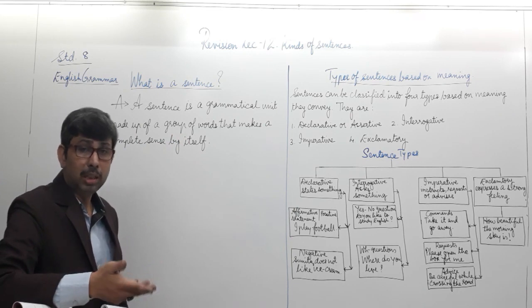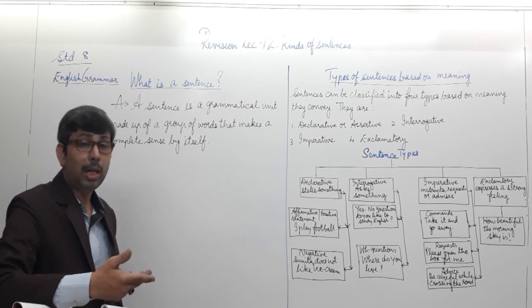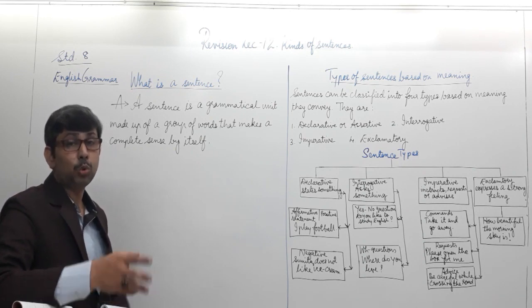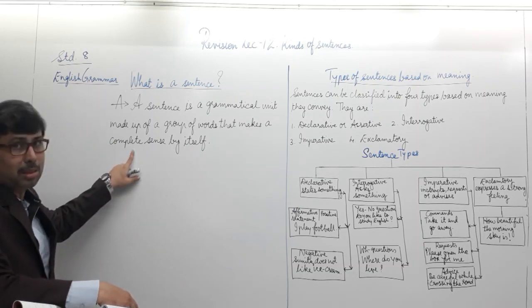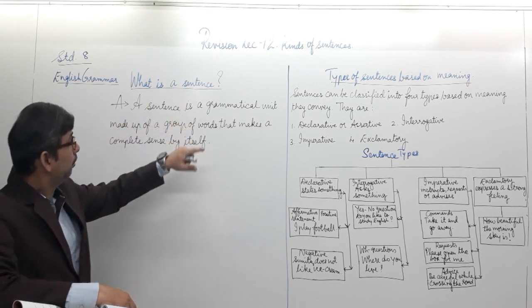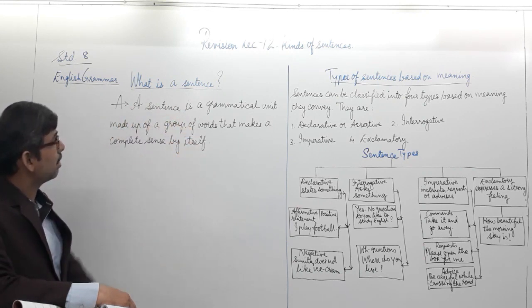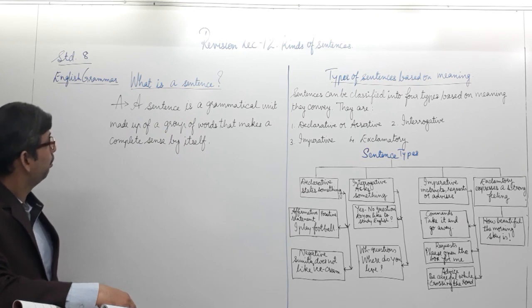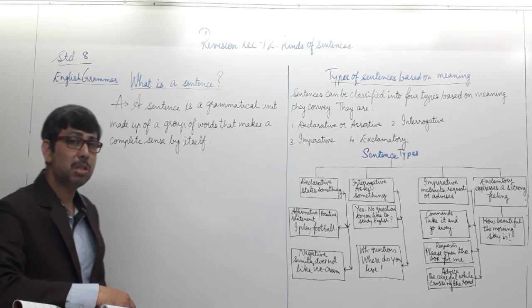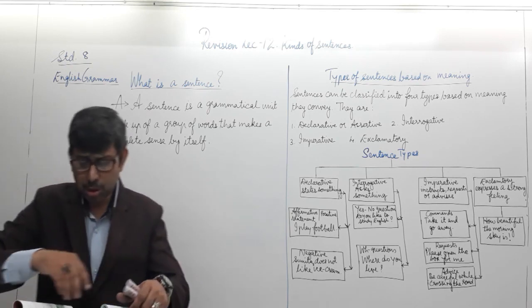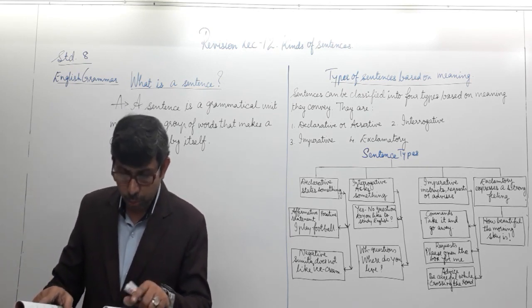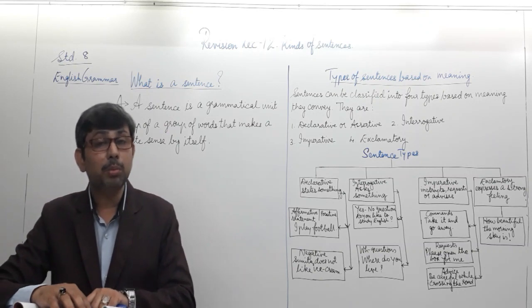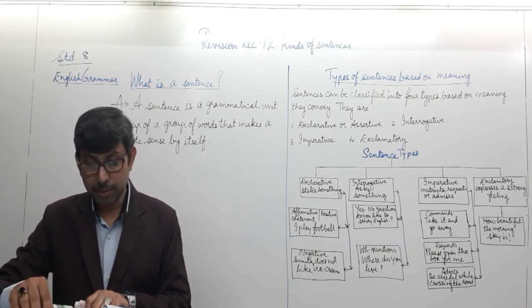A word may be a determiner, a word may be an auxiliary verb, the verb may be a main verb or an adjective or an adverb. All the different parts of speech together form a sentence which makes a complete sense by itself. Therefore, it will be right to define sentence in this manner: a sentence is a grammatical unit made up of a group of words that makes a complete sense by itself. This was the most basic and common thing that each and every grammar learner should know. Moving ahead to the concept that we are supposed to revise from our text, that is kinds of sentences,